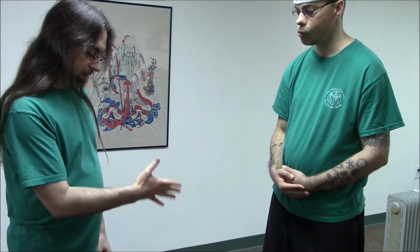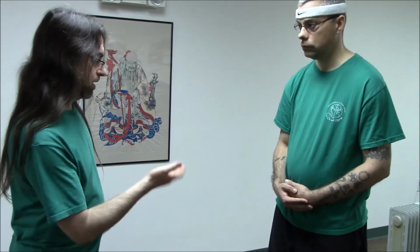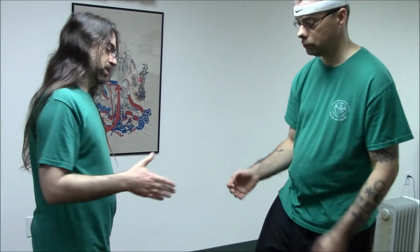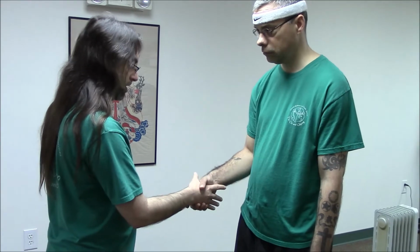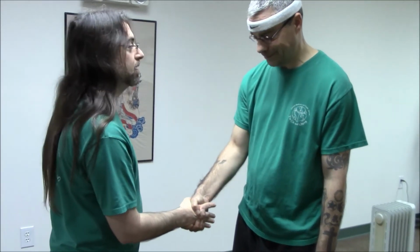If I come in with an extension of my fingers, but I'm tight, he'll be able to feel a difference in that. Well, let me see if he can explain what he's feeling. So now I'm going to come in and I'm going to have this extended, but I'm going to do it through tension. Go ahead and squeeze as hard as you can. It's more difficult to squeeze. Right, but okay, and we're going to have to compare it with the third one. I can grip, but I actually can't squeeze that. Right,